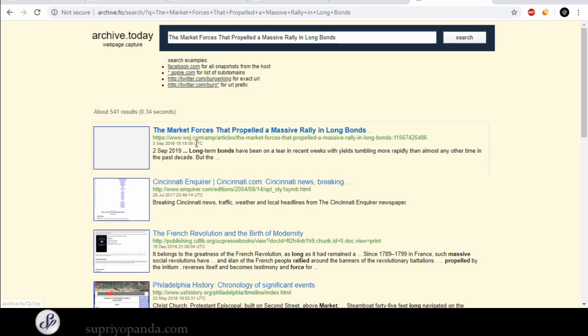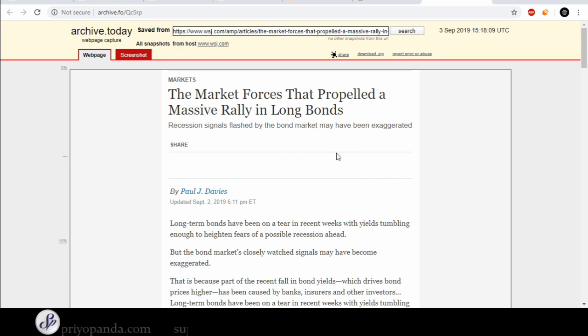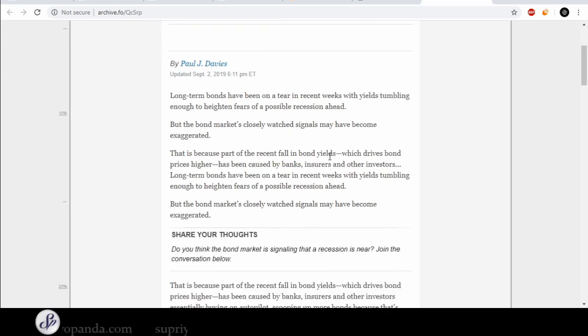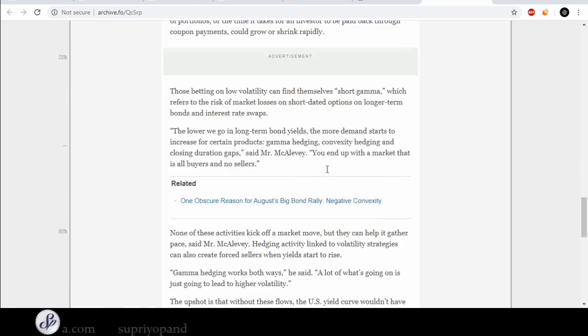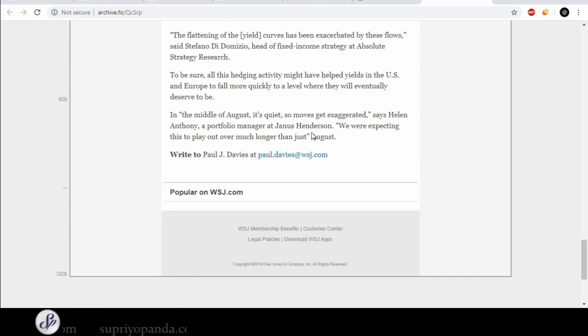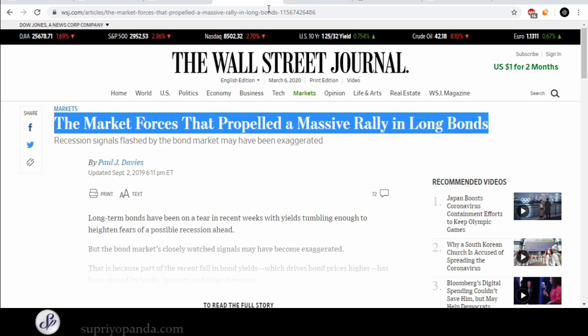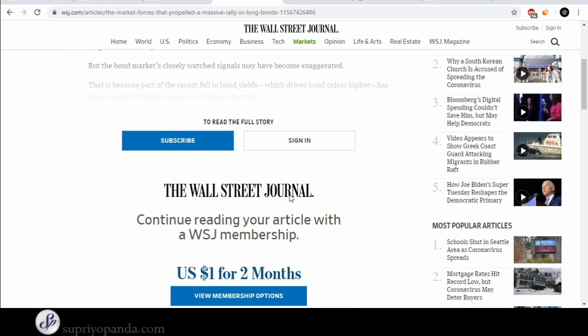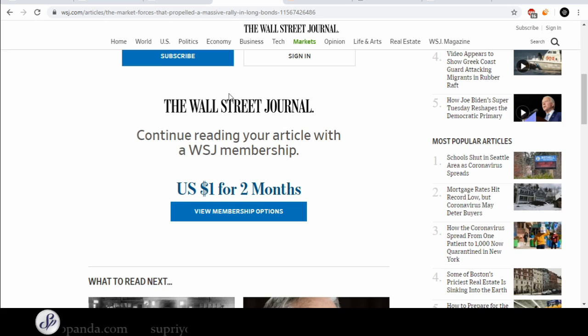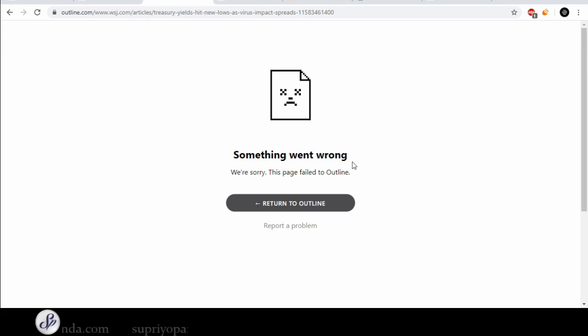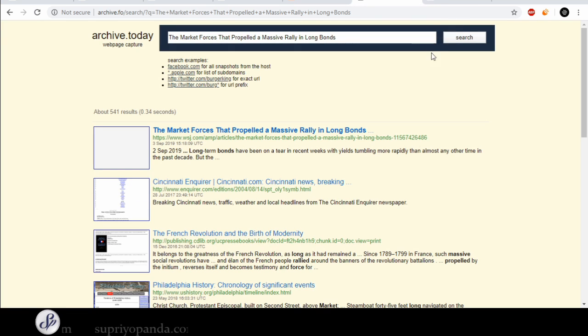The first result is the WSJ article. Click on this. Once you click on it, you find a totally archived article of the Wall Street Journal, and you can go ahead and read the entire article. This is very nice, because this article was totally paywalled for us, and even with outline.com it was not allowing us, as we found that something went wrong. So if you want to read WSJ articles which you are not getting access to,